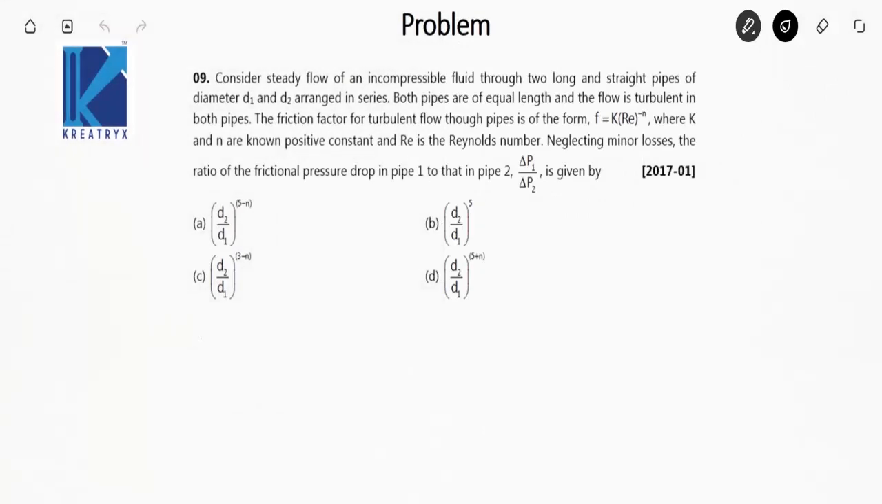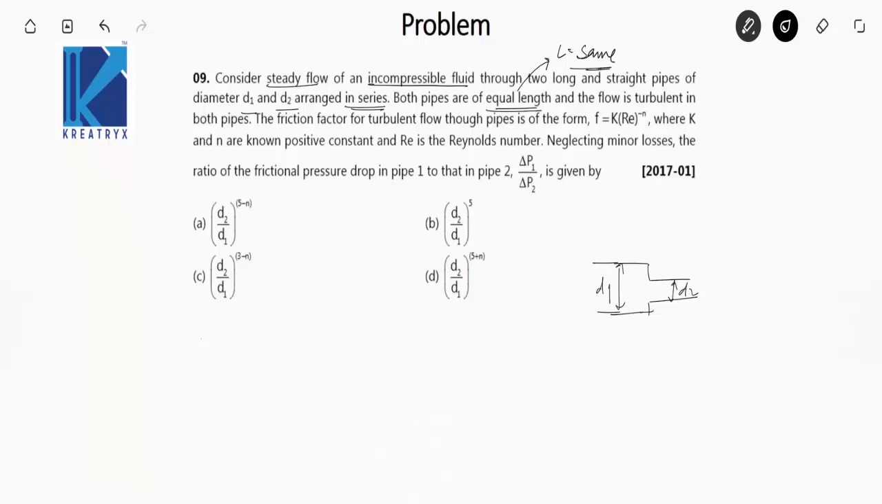So the next question says: consider steady flow of an incompressible fluid through two long and straight pipes of diameter D1 and D2 arranged in series. Okay, so there are two pipes of diameter D1 and D2 and they are arranged in series. Let this be D1, the pipe with the diameter D1, let this be D2. Both pipes are of equal length, the length L is same,